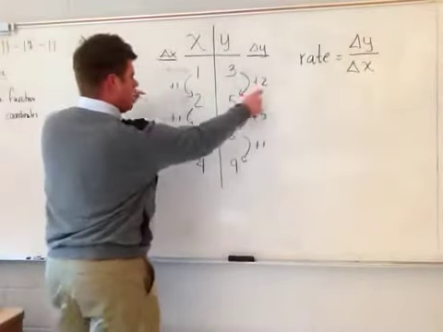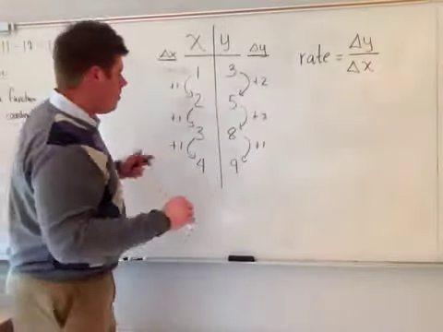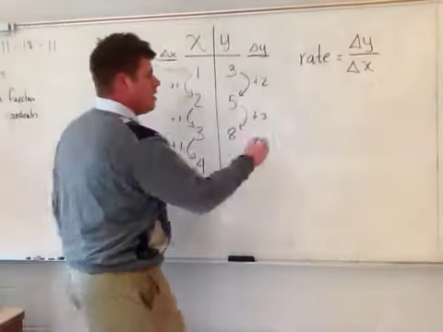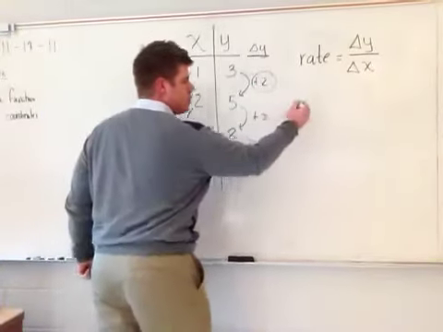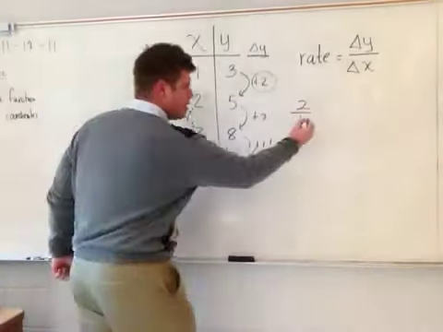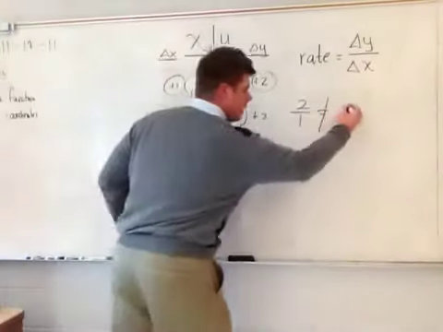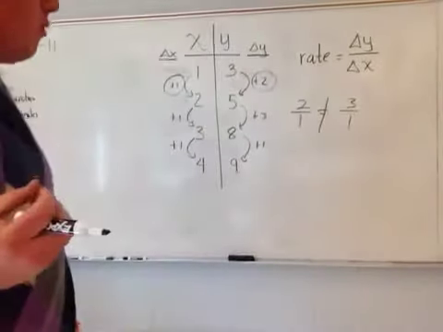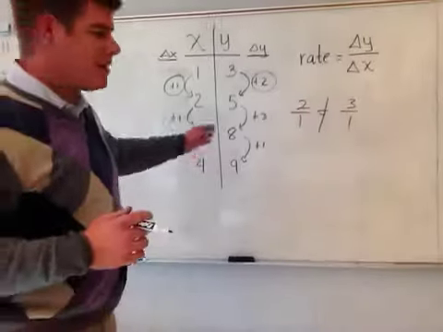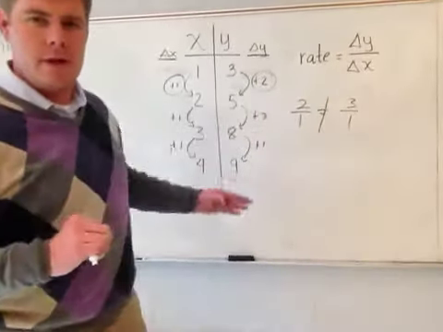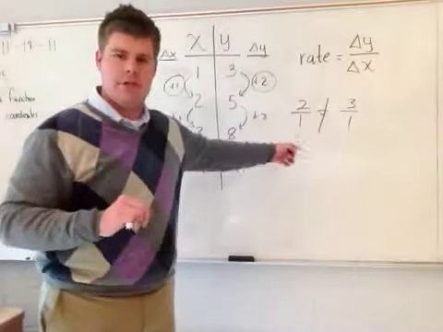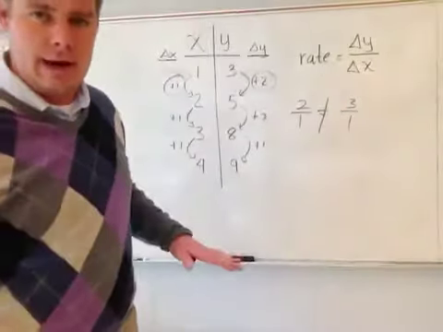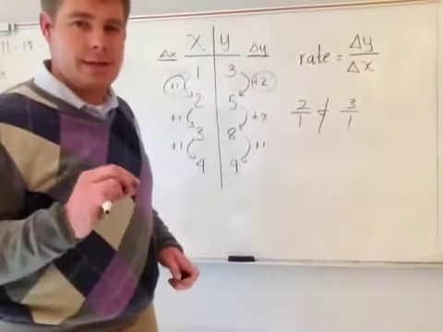So the ratio I have here is 2 divided by 1 is 2. But all of a sudden when I come down here and I do 3 divided by 1, I get 3. So this ratio up here of 2 divided by 1 does not equal the 3 divided by 1, which means that I have a changing rate of ratios, which means that this cannot be linear, because linear functions will have a constant rate of change. Therefore, for our purposes, we cannot create a linear function for this,